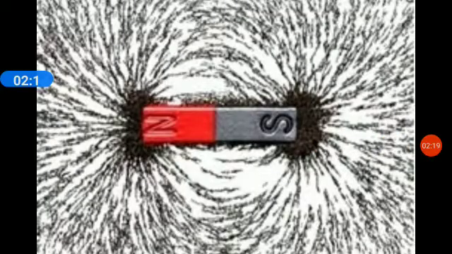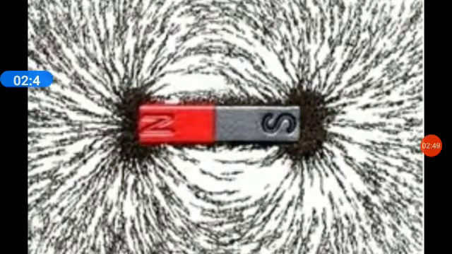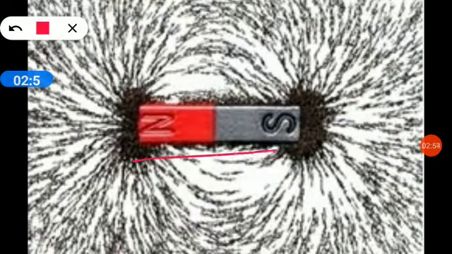Now on your screen you can see a picture of a bar magnet. Around the magnet you can see lines drawn, meaning magnetic field lines are shown. This is actually an experiment, the iron filings method. In this method, what you have to do is take a drawing board and fix a smooth white sheet of paper on it, and with the help of drawing pins just put it. Place a bar magnet in the middle of the white sheet as it is kept here. This is your bar magnet.